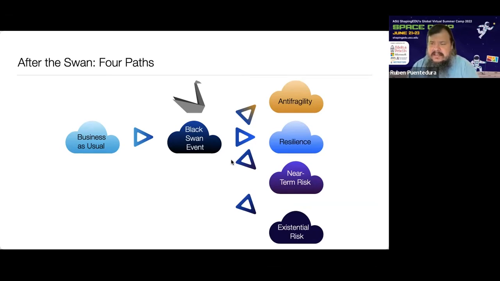And then you say, great, is that good enough? And the answer is, well, yes and no. I mean, you made it through this Black Swan event, but one problem with resilience is it does nothing to prepare you for the next Black Swan event. And it's very easy to tip over from resilience. Just one tiny change, particularly in a Black Swan context, and you're going to hit into the near-term risk, in other words, into a damage perspective.